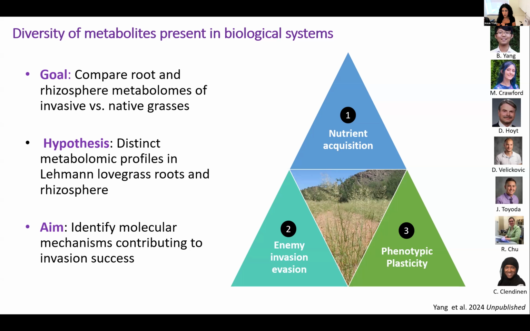For the first mechanism, we wanted to investigate the nutrient acquisition by both plants. Usually it's known that invasive species have a more efficient uptake of resources, especially nitrogen. So we wanted to use our metabolomic data to see if there are any differences in the nitrogen uptake between these 2 plants. The second mechanism we wanted to test is called enemy evasion, which is basically when